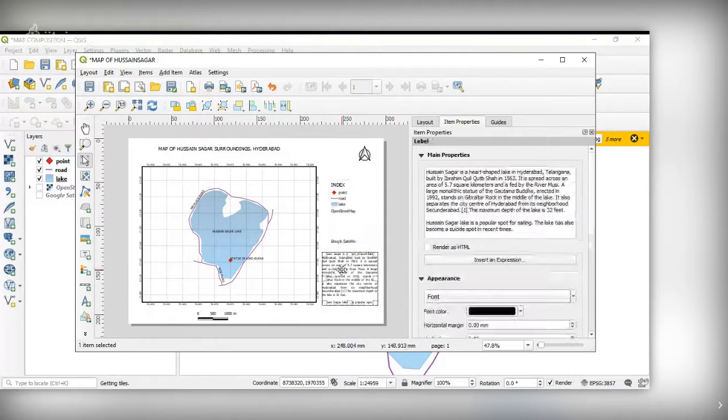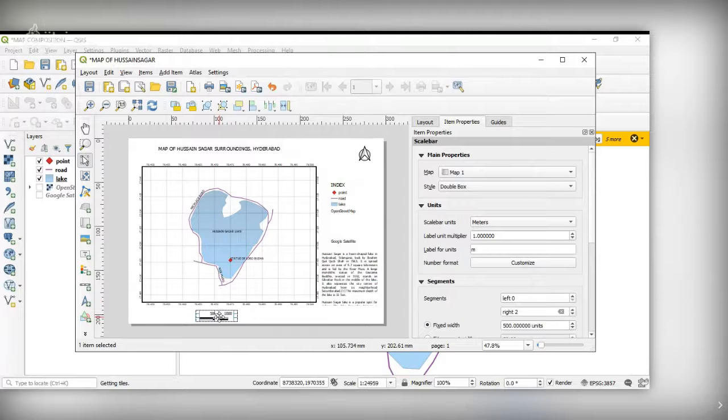Text, we can modify the text and save it again. The scale too. When you select a particular element, the properties of that element will be displayed on the right in the item properties column. So you can modify wherever it is required.